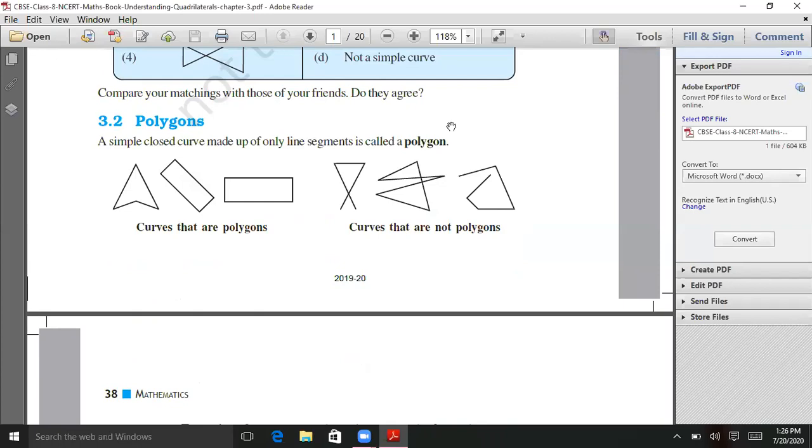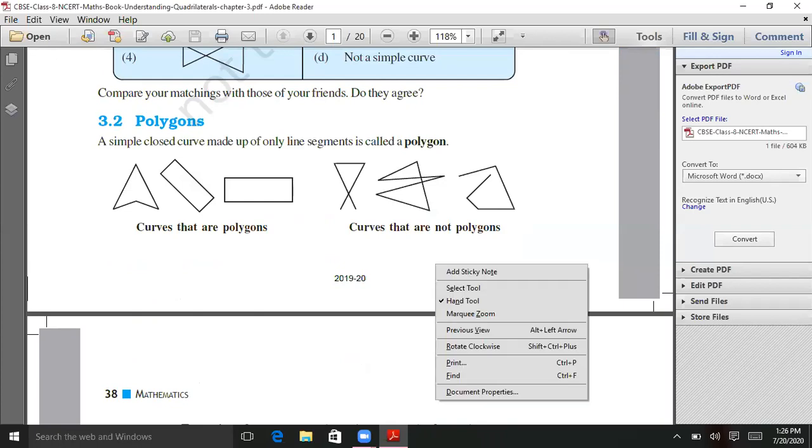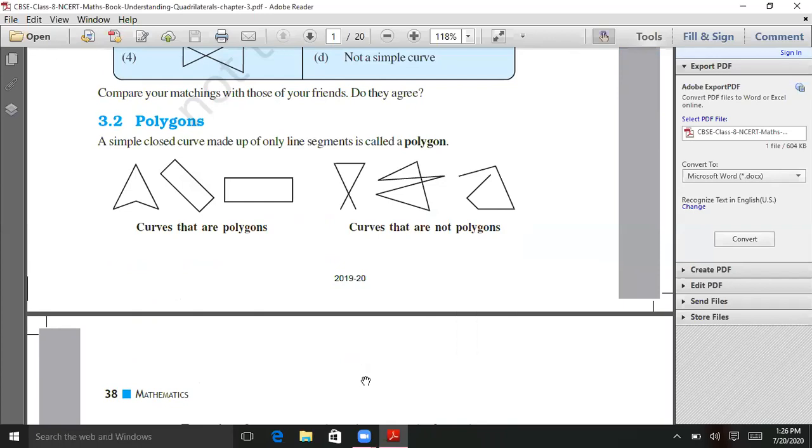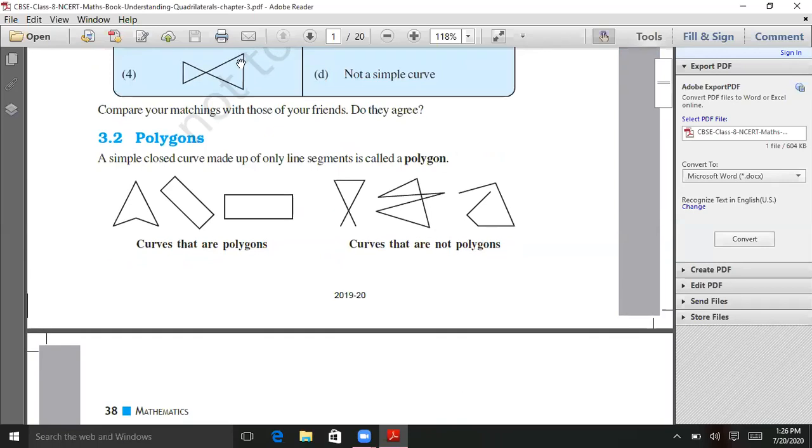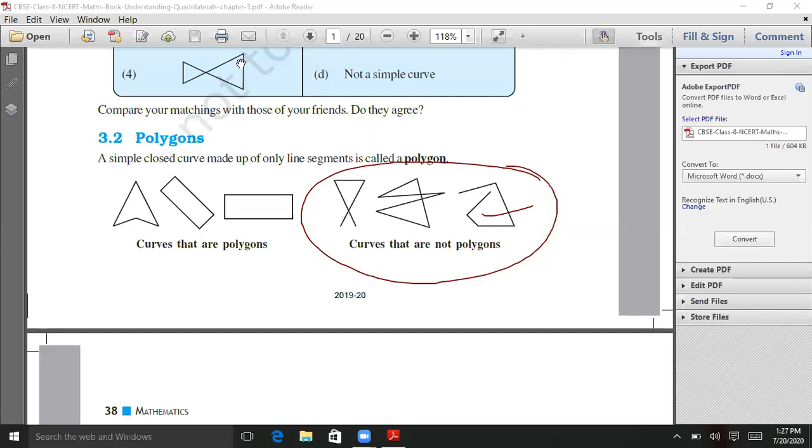And the right side you can see these are not polygon. The right side you have given examples here, these are not polygons. As you can see, there are twists and turns also, these are not simple also, and this is not closed even, and it's not forming any particular figure, right? So we'll say that these are not polygons. These are the examples of polygons here.